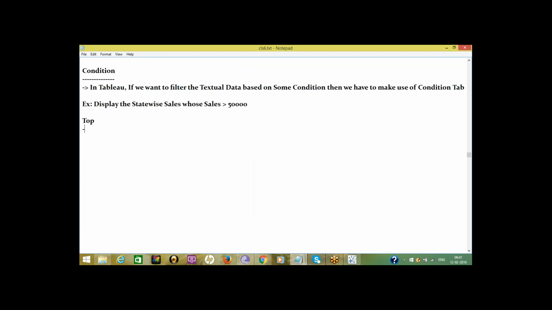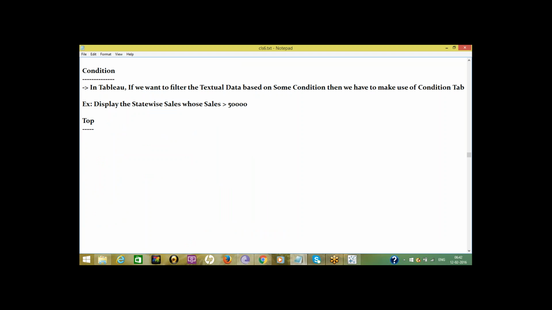Well, filtering textual data. Next one is top, to perform top N analysis. For example, top 10 sales, top 10 states based on sales, top 10 customers, like that.